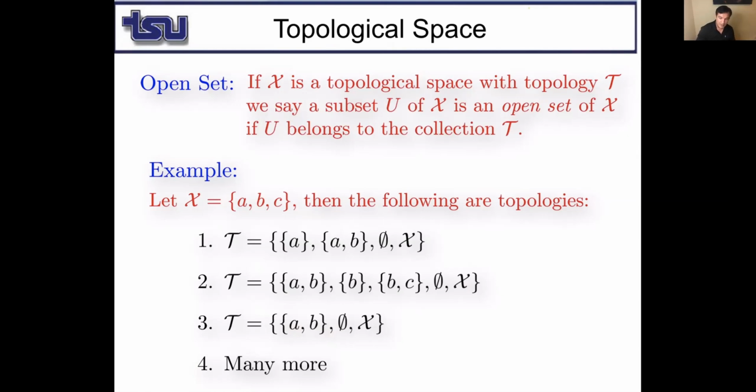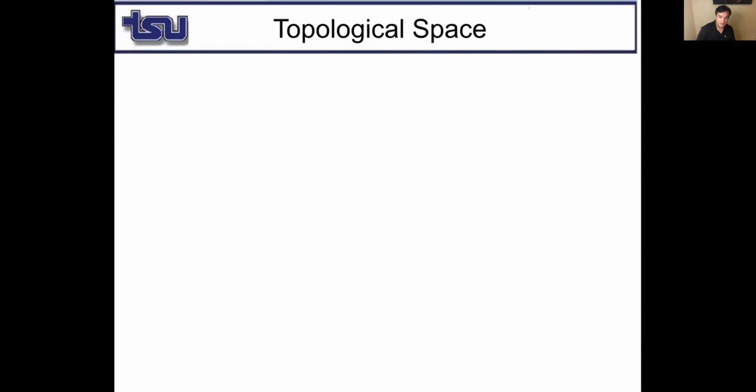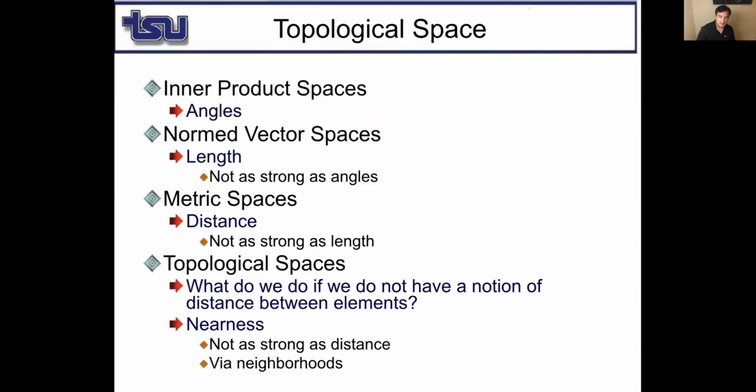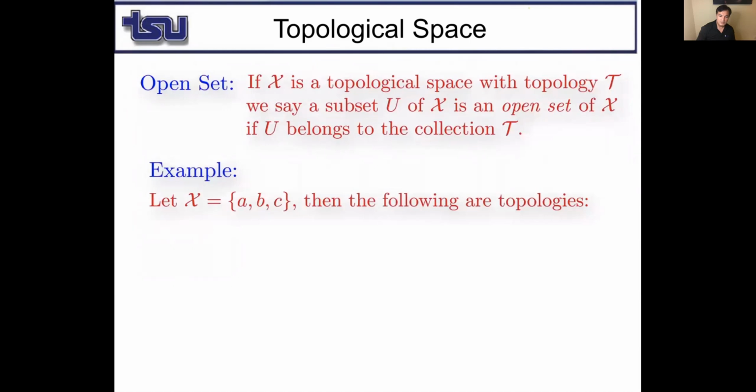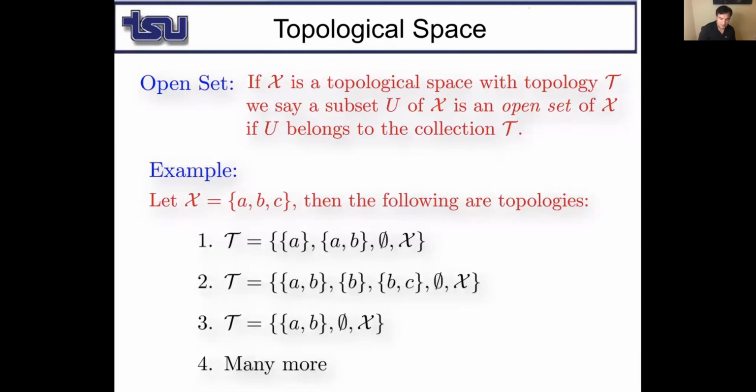Well, we need to go back and talk about properties. Intersection of any two members must be there, and union of any members must be there. So let's go ahead and check this. Think about this. A intersection AB is A, which is in T. So intersection of 2 is in T. And similarly, if we get A union AB,